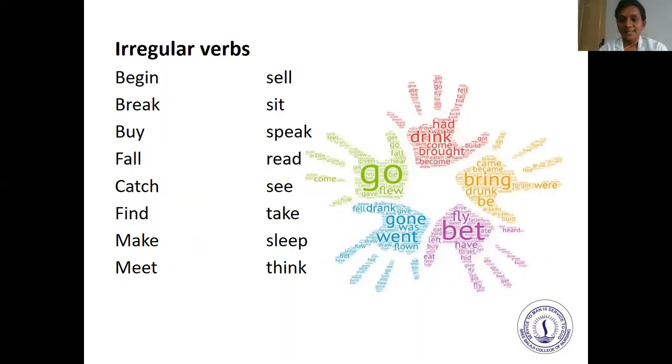Generally, you will add ed to the regular verbs. For example, like, liked, work, worked, play, played. So play is the present form and played is the past form. So these are regular verbs. But for irregular verbs, these are some examples. We'll see the past form of it. Begin, began, break,